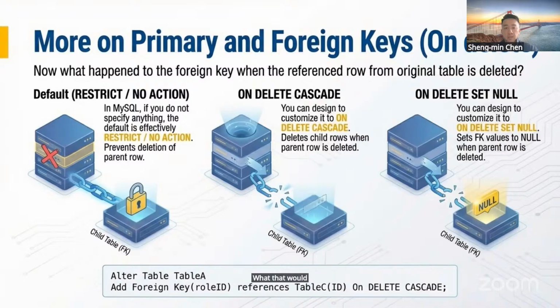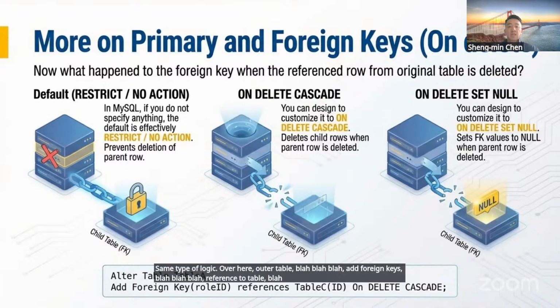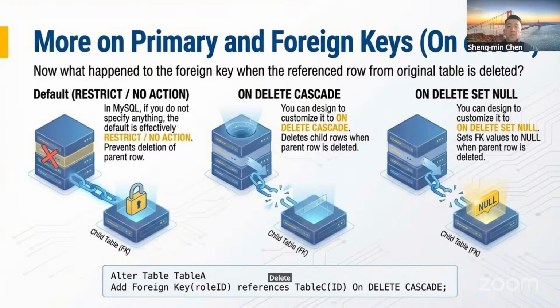What would happen, you might not agree, but if the designer decided to use on delete set null, the same type of logic applies: alter table, add foreign keys, reference to table, on delete set null. Then on the order table, wherever the foreign key has been used from that primary key row of the same table, meaning in this case, my orders, because my row in